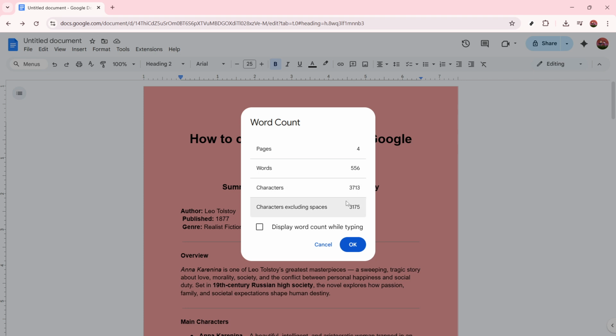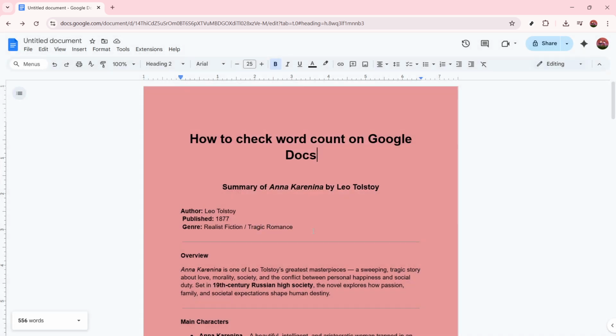Click on Word Count, and you will see a pop-up window appear in the middle of your screen. This pop-up is quite helpful as it provides a comprehensive overview of your document's length. Within this window, you're presented with a variety of useful information, including the total number of pages and words. It also shows you the character count, both with and without spaces. This can be particularly beneficial if your task requires you to consider the length in terms of characters rather than